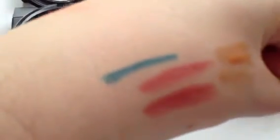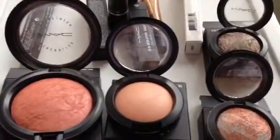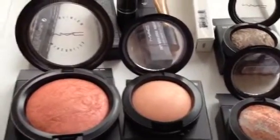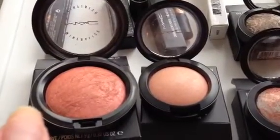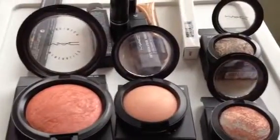So if you haven't had the opportunity to look at these products, please do so. I think you're going to love them. I love the Après Chic collection. I think MAC did a fantastic job. It reminds me a little bit of the Natural collection that was released last year. Is it the Natural collection? The Mineralize collection from last year. Just really pretty and